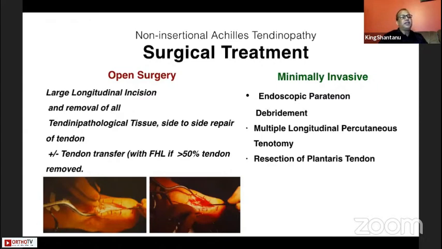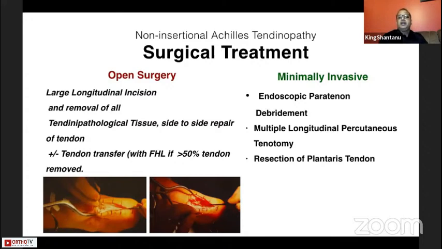Many times, even this much is sufficient, but if the excision of the pathological part of the tendon is more than 50%, we may need to augment our repair with FHL transfer. How FHL transfer is done has already been explained by the previous speaker, so I will not go into detail, but we have to keep in mind that if we are removing more than 50% of the tendon, we have to do some augmentation. Minimally invasive methods, we could do something like an endoscopic way,